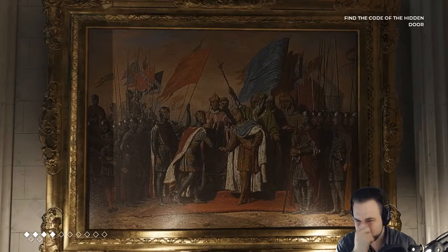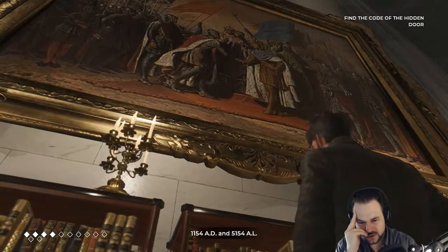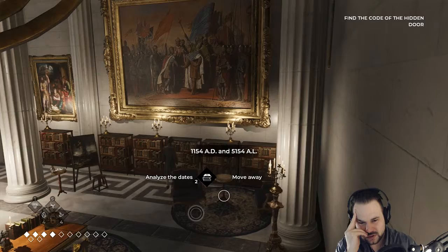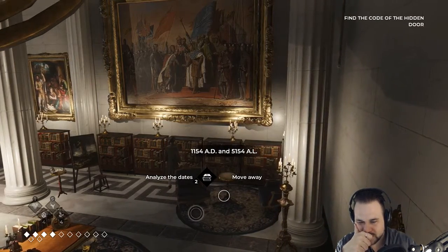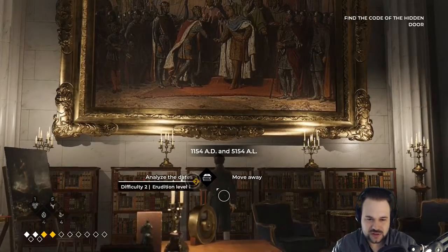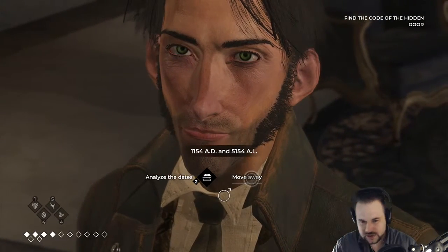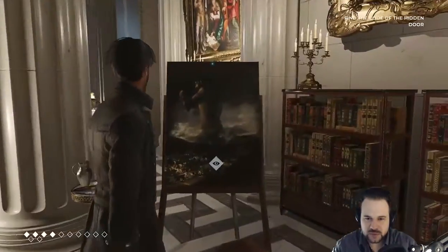What was this? From when? Hey, there are two dates on this painting. 1154 AD and 5154 AL. AL was minus 4,000, right? Yeah, makes sense. You don't have to analyze that. It's the same, just 4,000 more. That was what we read in the document, so maybe one of those...